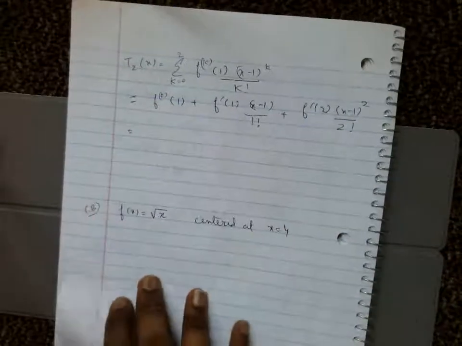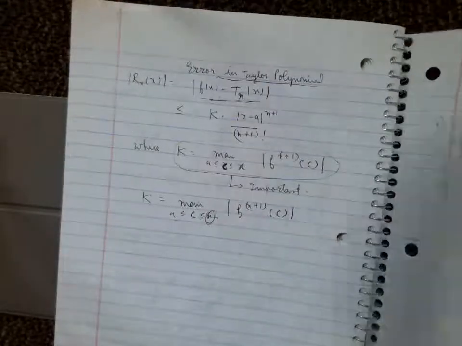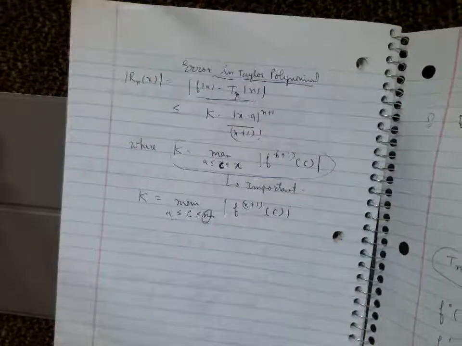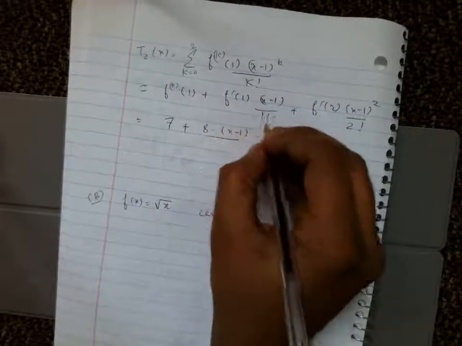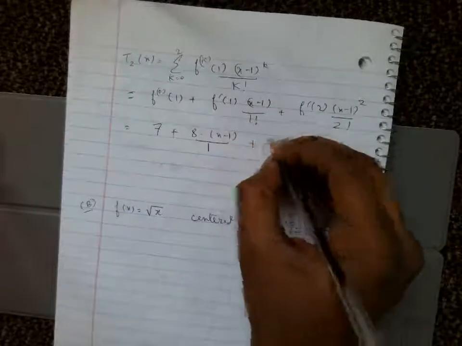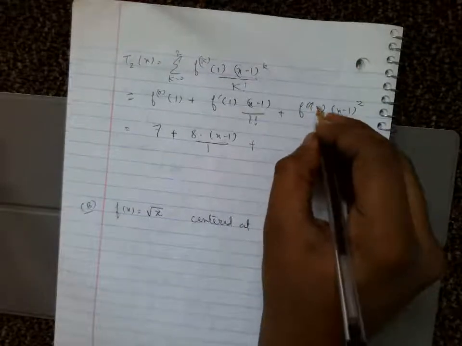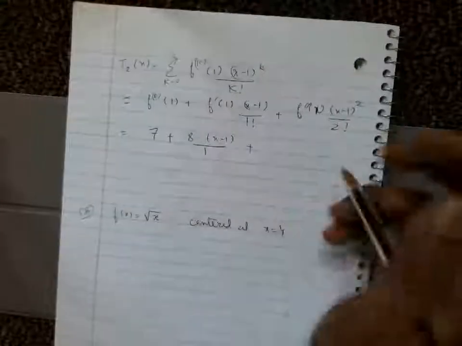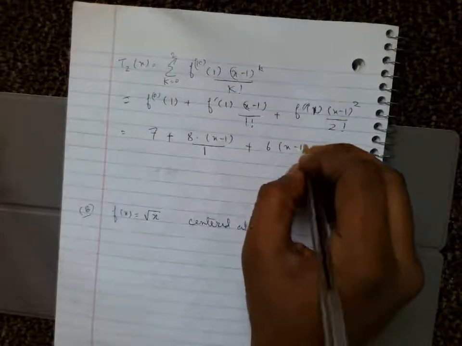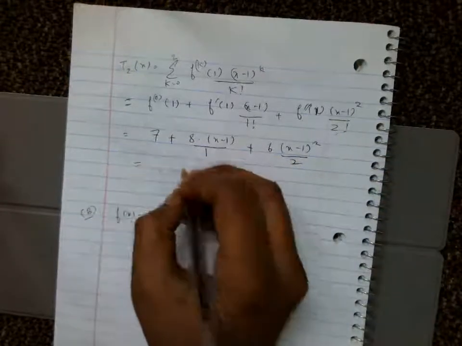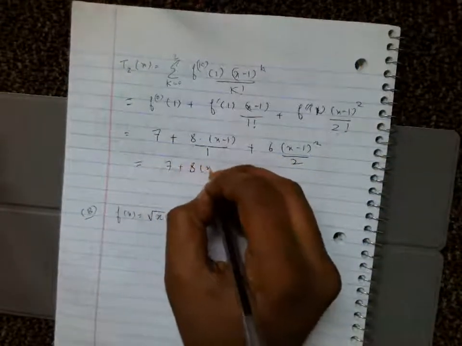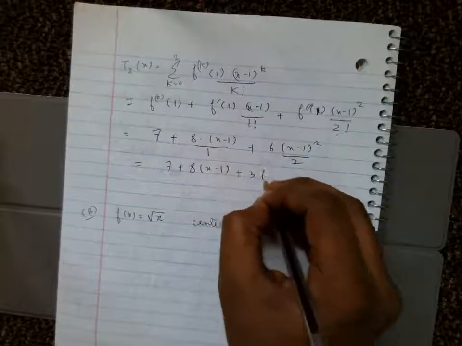So as we found out, the value of f of 1 was 7, the value of f prime of 1 was 8. So this is 8 times (x minus 1), 1 factorial is just 1, and f double prime of 1, we found out that this was equal to 6. So this is 6 times (x minus 1) whole squared by 2. 2 factorial is 2. So this is 7 plus 8 times (x minus 1) plus 3 times (x minus 1)